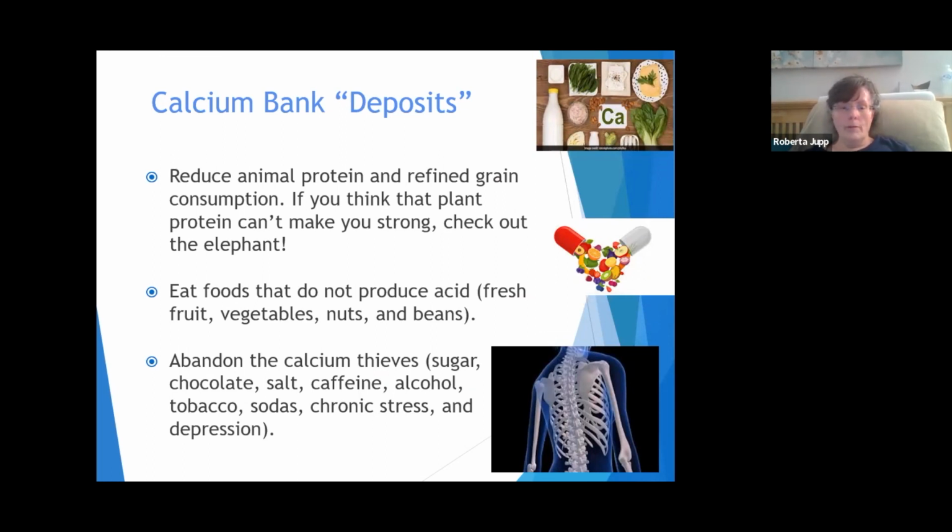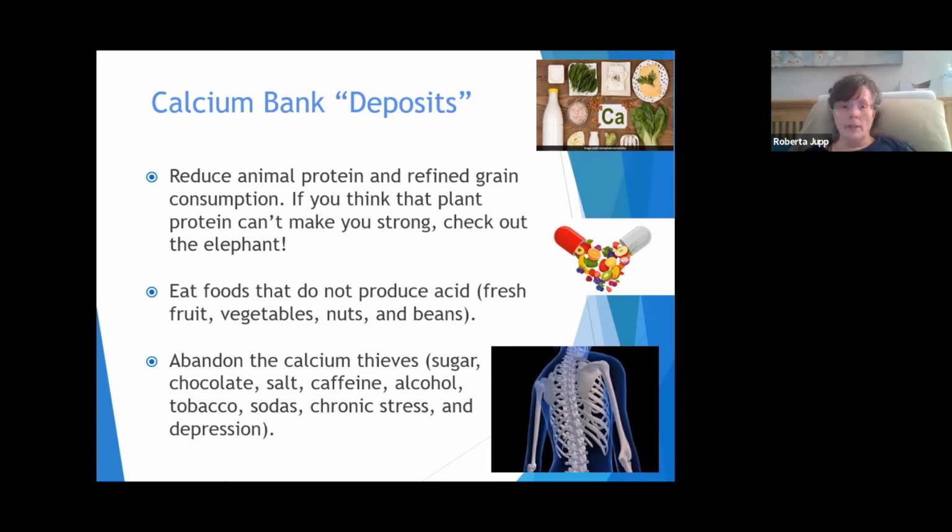We want to eat more foods that do not produce acid. And just as a group, they're fresh fruits, vegetables, nuts, and beans. So if we have a lot of these things in our diet, we tend to not eat so much of the things that might be calcium robbers. And that's how we should kind of plan our meals. And with people with diabetes, we may not be able to have tons of fruit all day. We have to count it as part of our carbohydrate, but we can definitely have plenty of those greens and the other non-starchy vegetables that will actually build up our bones.